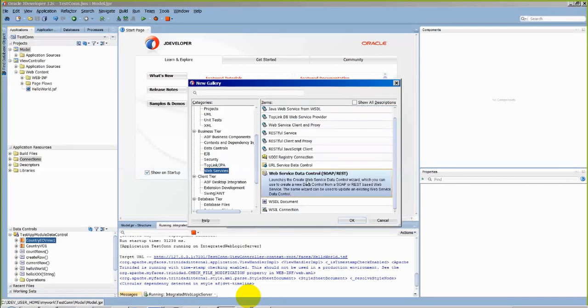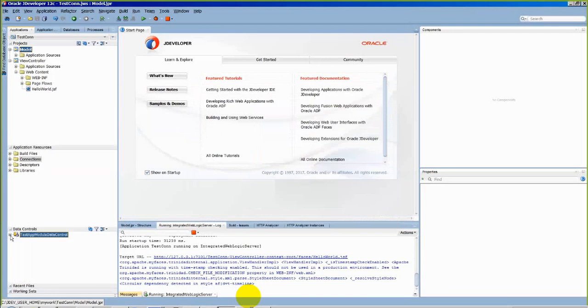So for that, you can go to web service data control. What is the use of it? It not only consumes the web services available in the cloud, it can be any system, whatever procedure I'm following, any third-party system that has exposed its methods. As long as you have the WSDL file, and the username and password, you have all the ability to consume those web services in your system. So I'm going to take this web service data control. With this, I'm going to take that, and also once I have that data control,